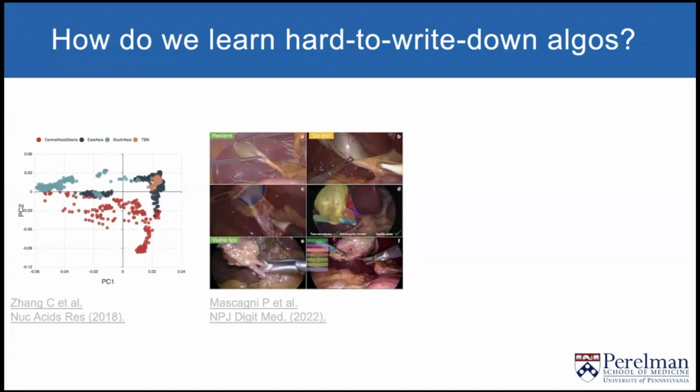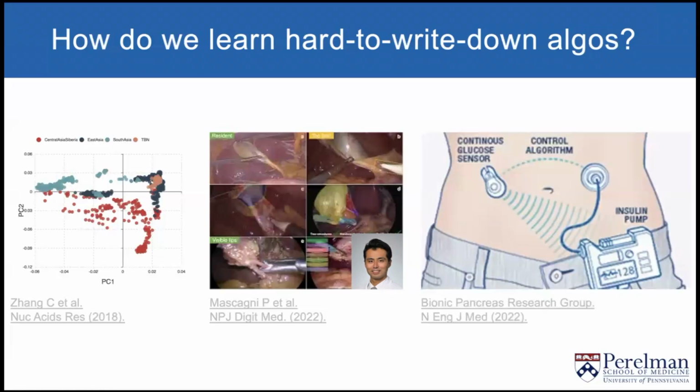And just again see many examples of these images, these video frames, to learn this, right? And as a side note, there's a surgeon computer scientist here, Dan Hashimoto, who I think you'll hear from later this term, who's doing research exactly in this field. And maybe another example that we've actually talked a little bit about in class